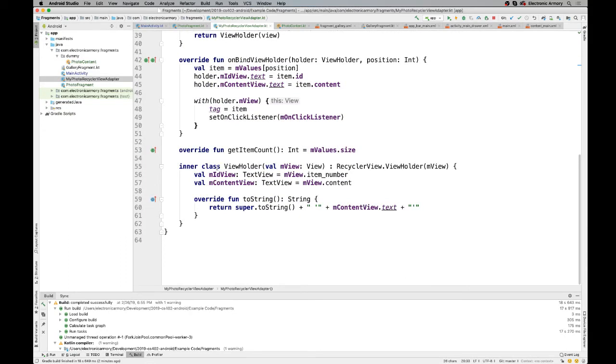So how does that actually get populated with the data? Say I want to change what's displayed on there. We have this inner class called view holder. So that is the actual row. We pull out from our recycler view, we say, okay, we have this particular row that we're trying to get data for. We pull that out into